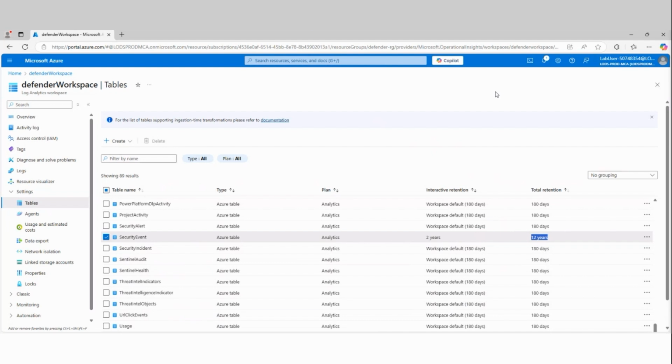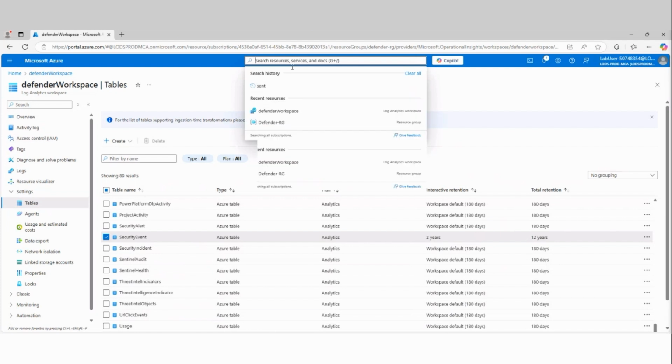So if I keep the data 1 week, or let's say 30 days, and delete it, I'm charged a little bit because every 30 days my data gets purged. But if I keep that same data for 2 years, now I'm storing 2 years worth of data, which is going to cost a little bit more. So that's what you want to consider as part of that. So your retention for your log data is not configured in Sentinel. It's actually configured in your log analytics workspace.